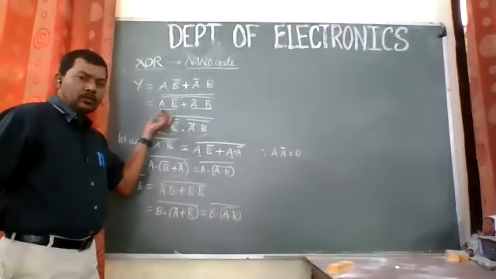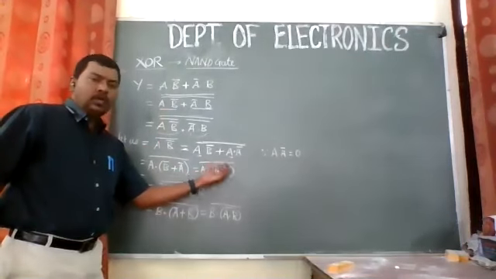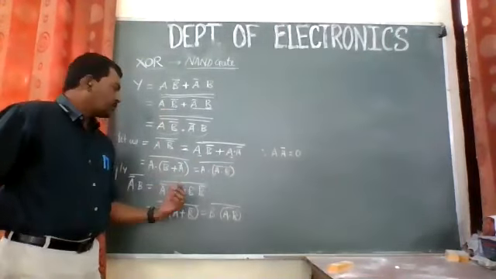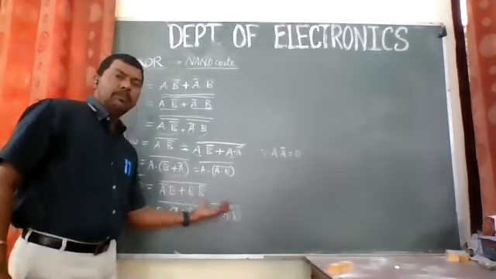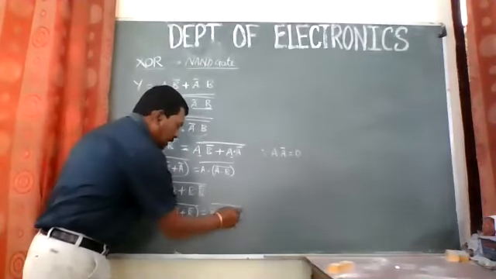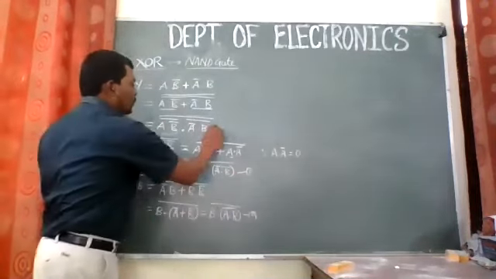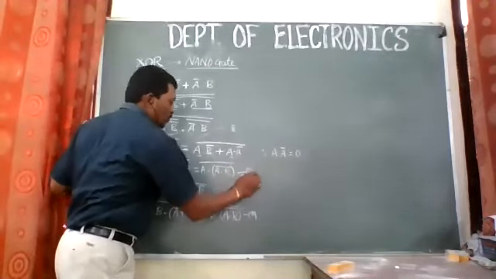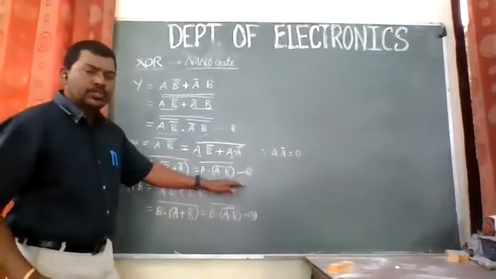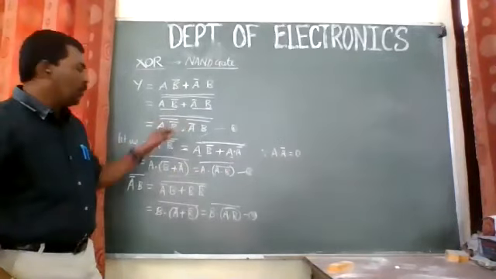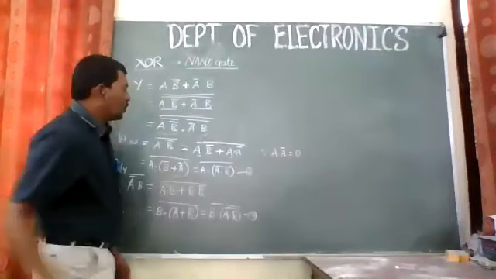A dot B bar whole complement can be reduced to this equation, that is A dot (A dot B) whole bar complement, and similarly for B, B dot (A dot B) complement of the whole complement. And we can put this equation 1 and 2 in the above equation over here. So this is 1, this is 2, and say this is 3 for consideration. So we can put equation 2 and 3 in equation number 1. So the equation will come out to be, let us put it over here directly.